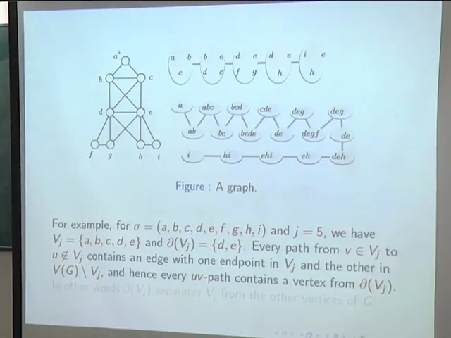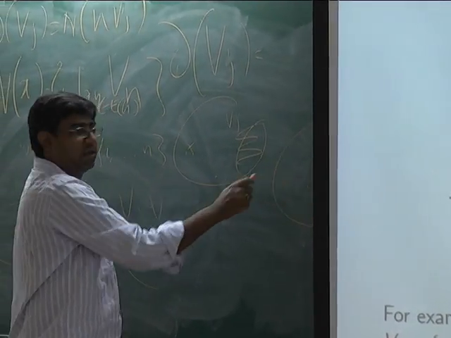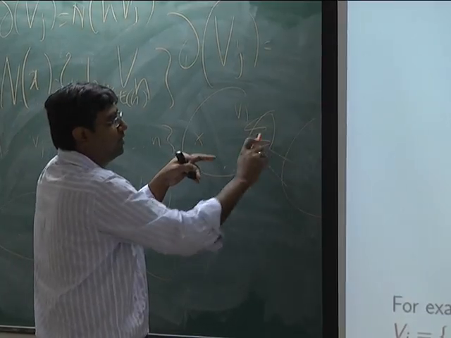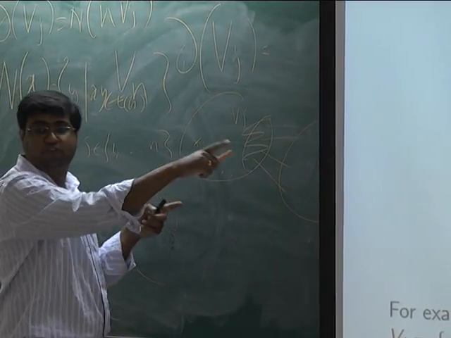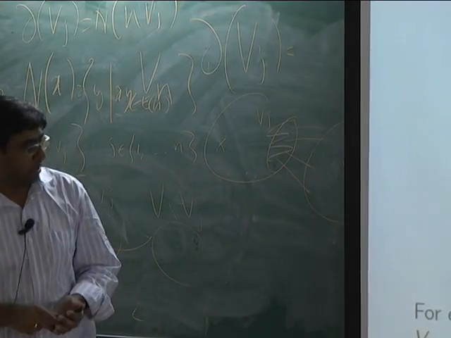Because I start from somewhere here and I want to go to the outside world. It's very simple. I'm in Vj here. Here are my boundary people, and here is outside. I want to go from here to the outside world. Now I cannot, and these are the only vertices which have an edge outside. So if there's a path from x to y, it must include some vertex from here. And this is why I use the word